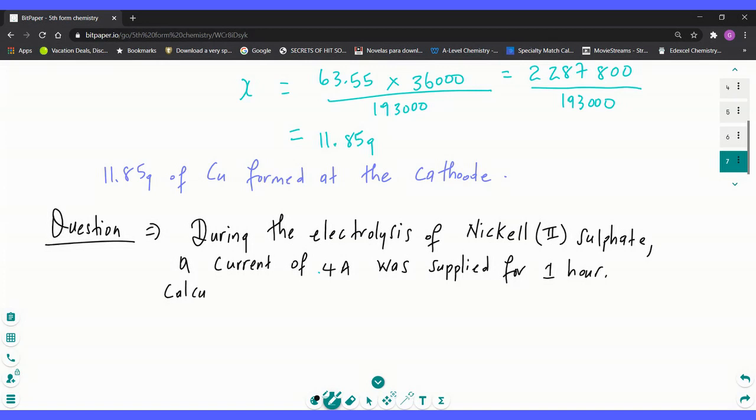Calculate the mass of nickel to be formed